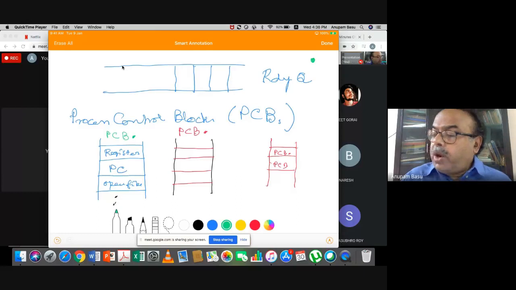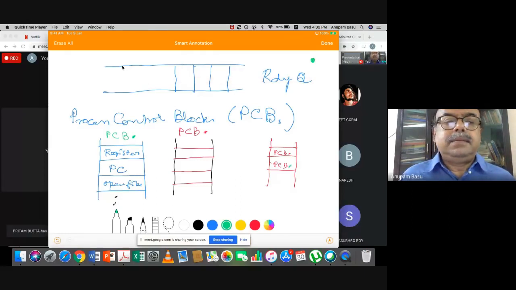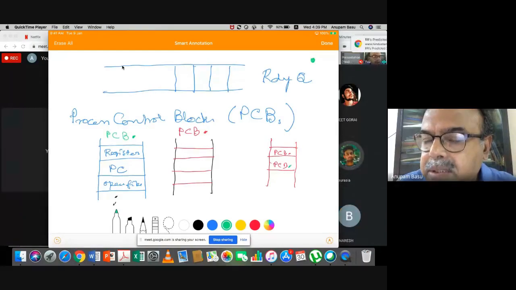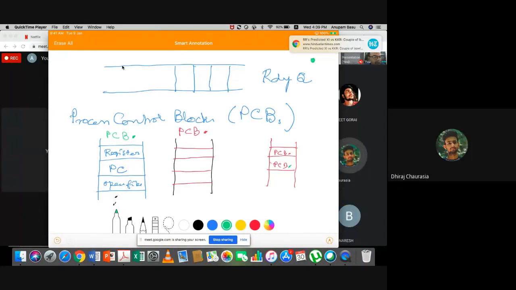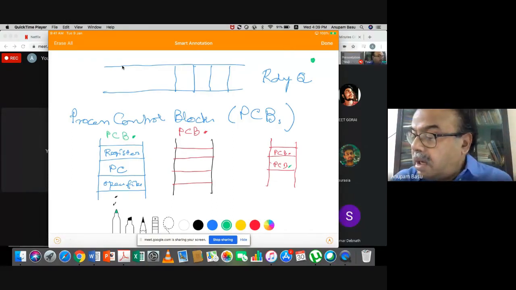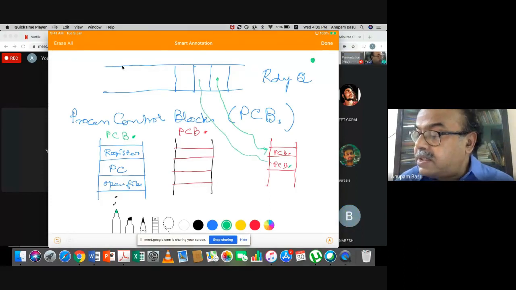etc. So what should I store here? They are already there. Now in the ready queue, what should I store? Sir, the starting address of the PCB. Yes, starting address of the PCB. Absolutely. But can you say it otherwise? In other words, I'll have a pointer to the PCB, right? I'll have pointers or addresses to these PCBs.